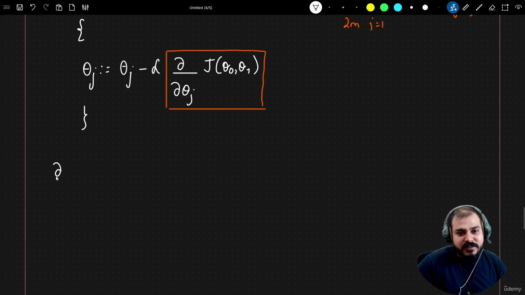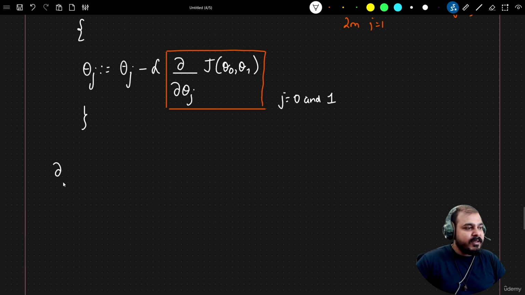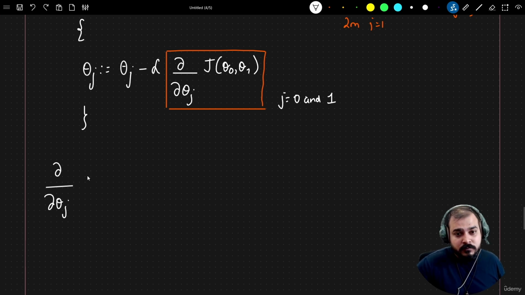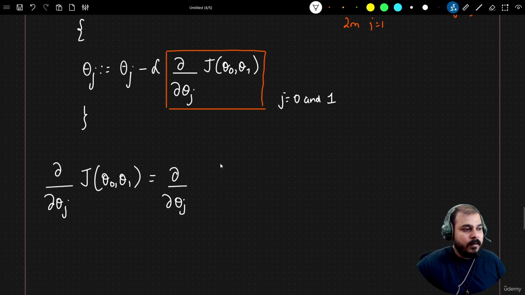I'll just try to calculate this. Since you have theta 0 and theta 1, your j value will be 0 and 1, right? So let me go ahead and write it over here. The derivative of J(theta 0, theta 1) with respect to theta j is equal to the derivative with respect to theta j of